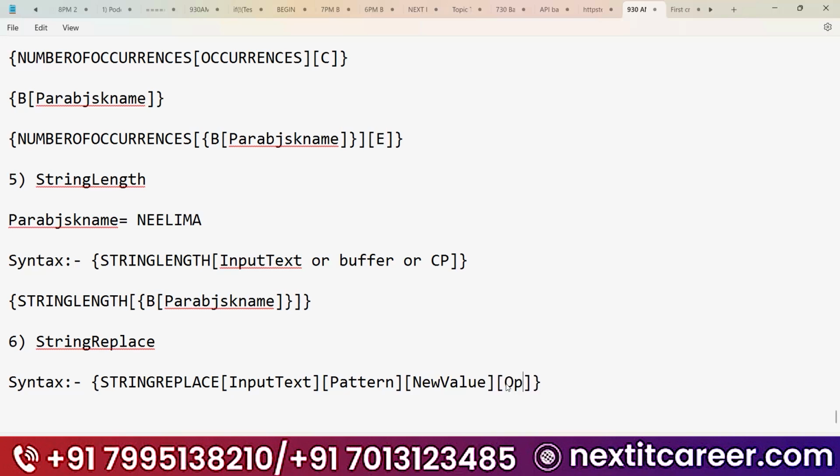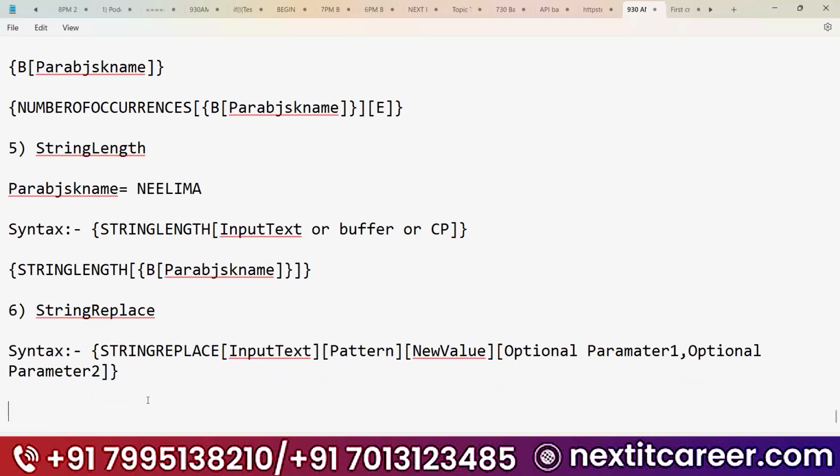And finally, optional parameter 1, comma, optional parameter 2. So you can give input text, pattern, new value, optional parameter 1, 2. However many things you have, those many things you can give. An example would be simpler than the syntax, guys.